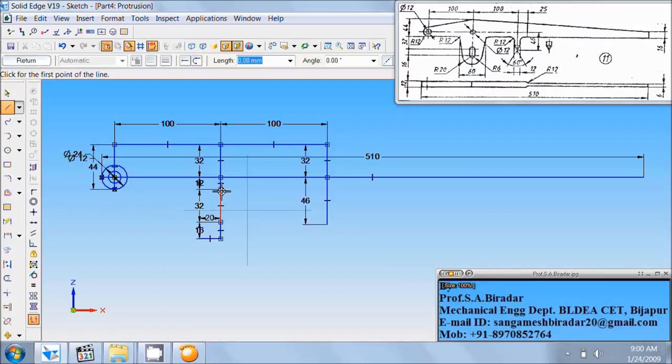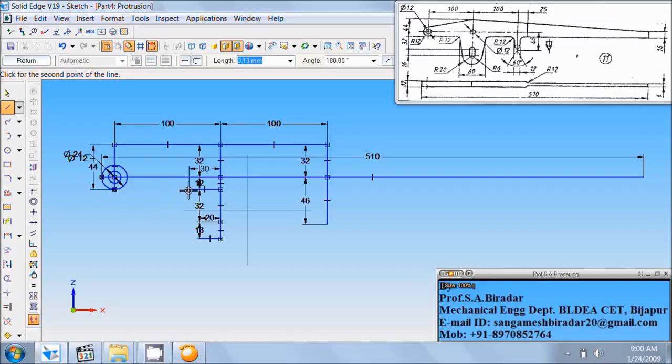Go to this end. Here is dimension 60. From here to here it is of 30. Again here to here it is 30. So take line command. From this end draw horizontal line of 30. Angle is 180.